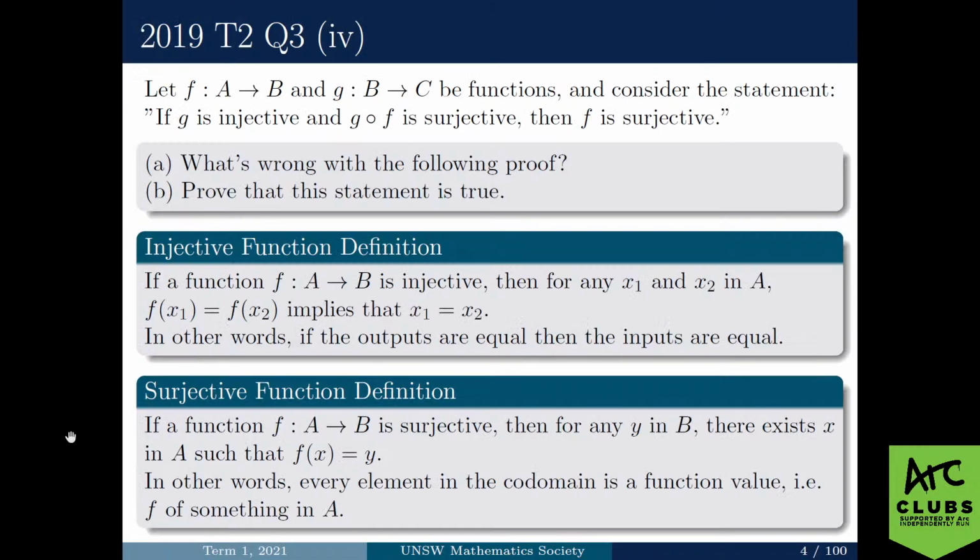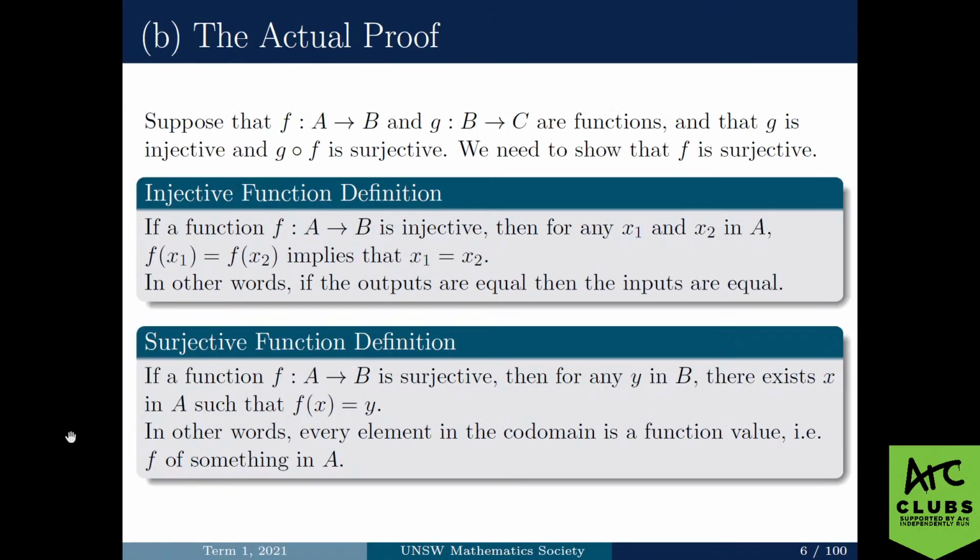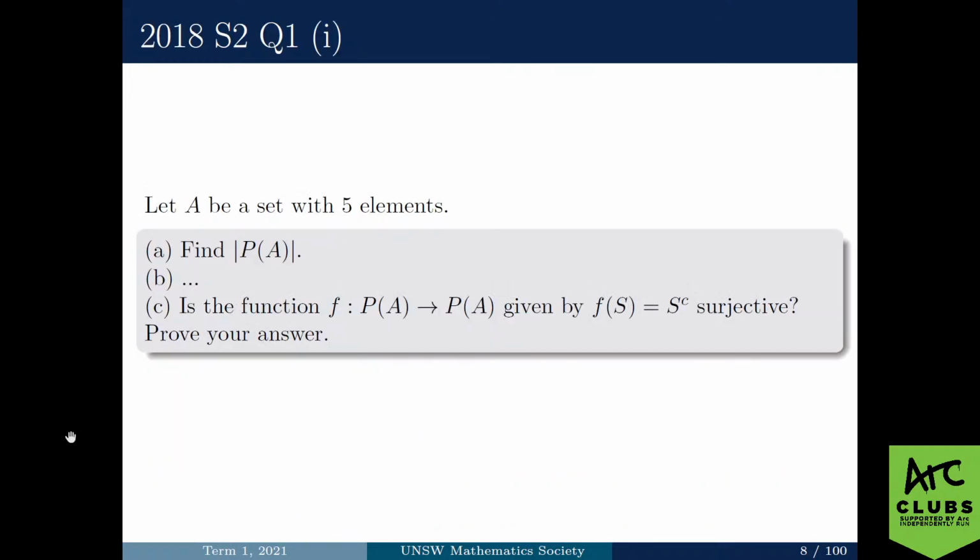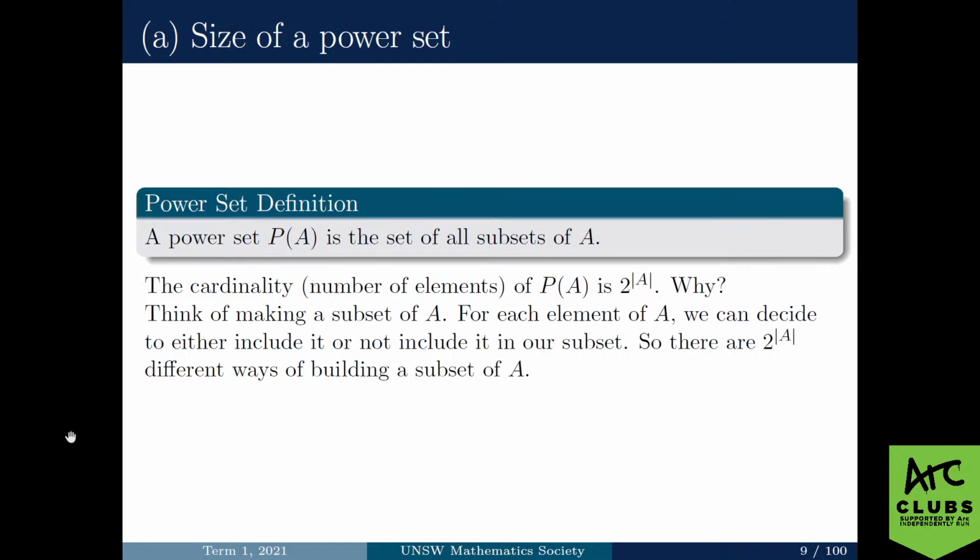So the next question is from 2018. Okay, so let A be a set with 5 elements. Part a just says, find the cardinality of the power set of A. So what is a power set? The power set is just the set of all subsets of A. And that might sound really confusing, but it's just, if you want to build a subset of A,